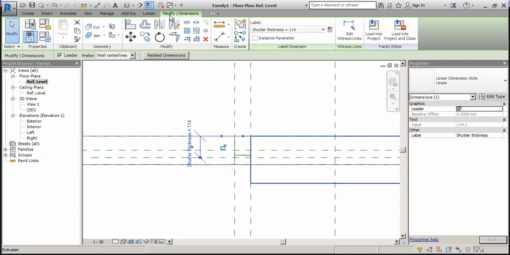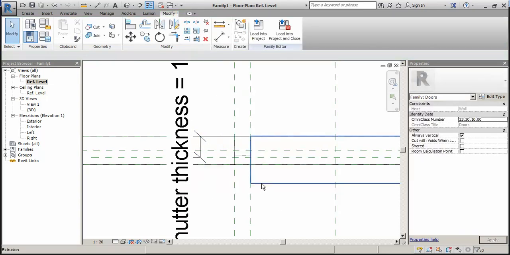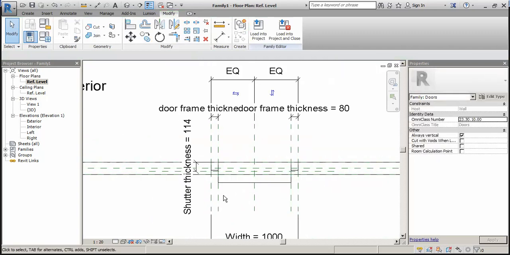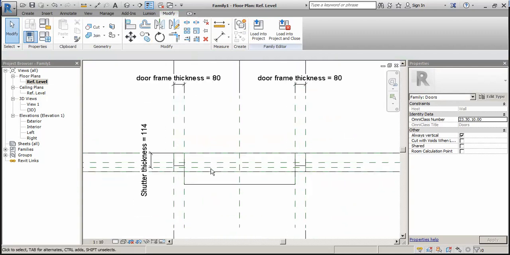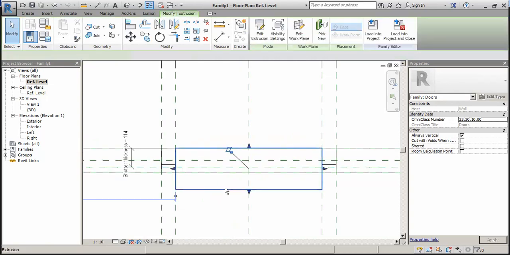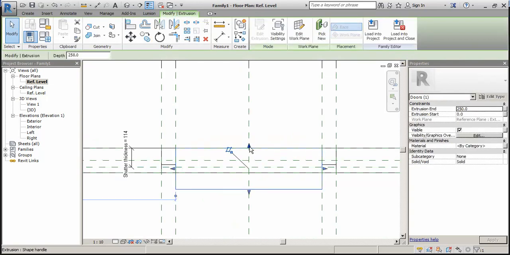Okay. So what next? Go in view scale and take it to 1:10. This is our panel.